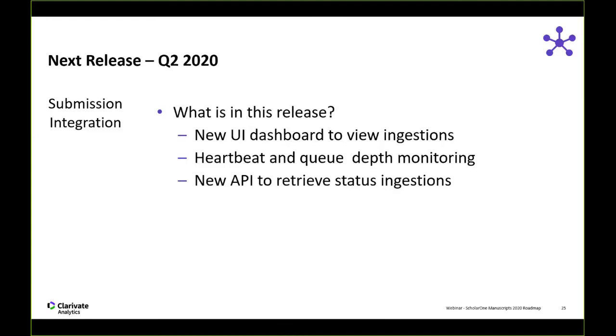New APIs to retrieve status of ingestions. This is basically a corollary to the first item where we had a UI dashboard to view ingestions. This is the same way to get the status of those ingestions and reasons for failures, but through an API. And then finally,